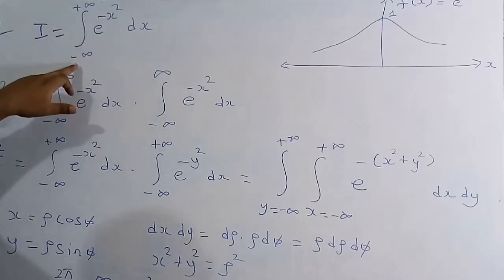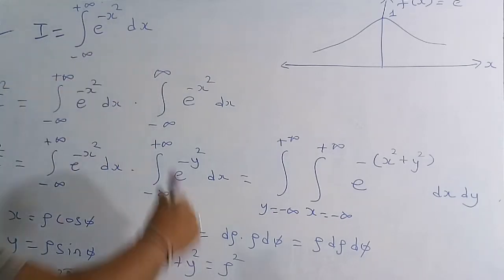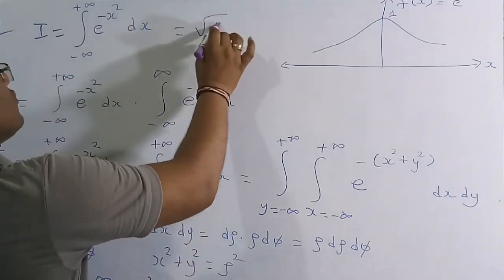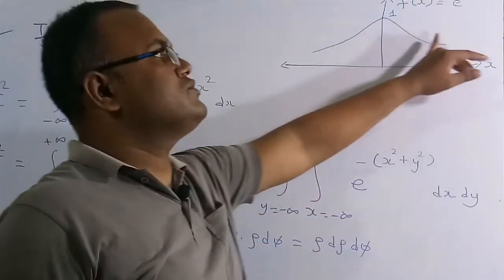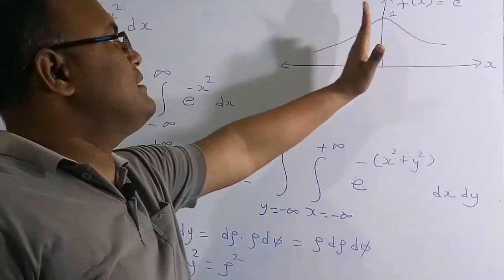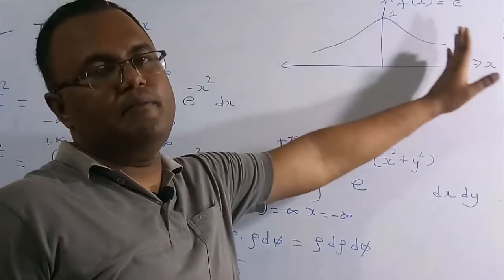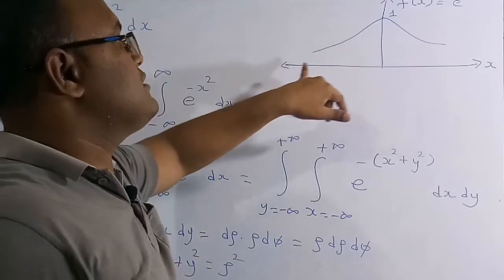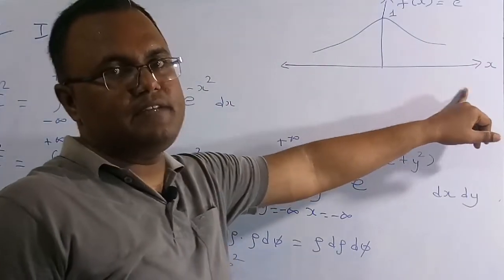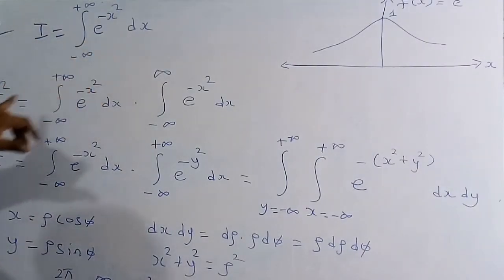So integration from minus infinity to plus infinity e to the power of minus x square into dx, I have already told you its value is equal to root pi. Now we will solve this by another method. This is the function f of x is equal to e to the power of minus x square. It is symmetric with respect to the y-axis, so whatever the area here, same area will be here. So we have to find the area under this function f of x from minus infinity to plus infinity. Now suppose I square both sides, so I square is equal to,